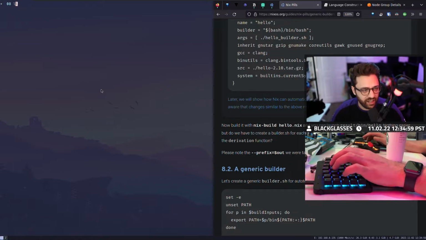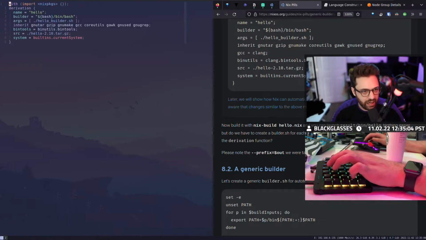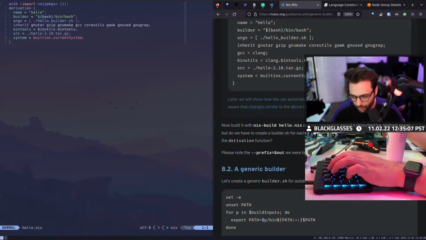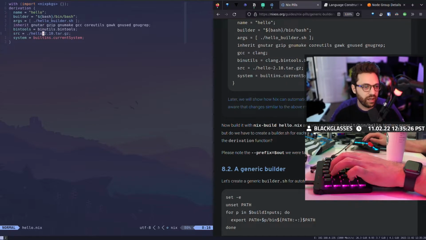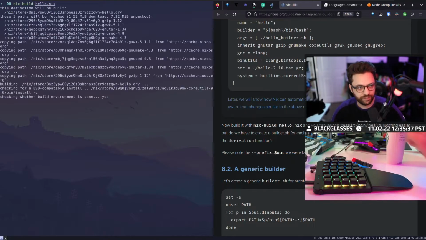So as I said, we have our builder script, which is going to be reused over and over by our Nix configuration, which we wrote in the language of Nix. It imports our builder, adds bash as our builder, and then runs our script as an actual argument to it so that it can run our builder, right? We pass it a bunch of binaries that become environment variables to their paths, and then the source as well and some other things, right? Cool. So we're going to say nix build hello.nix, right? Hit enter.